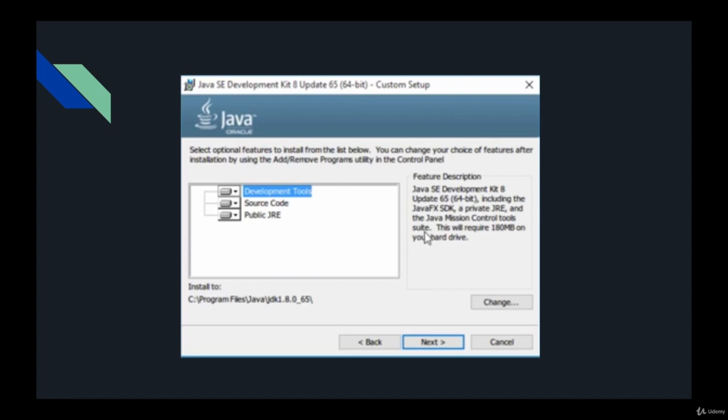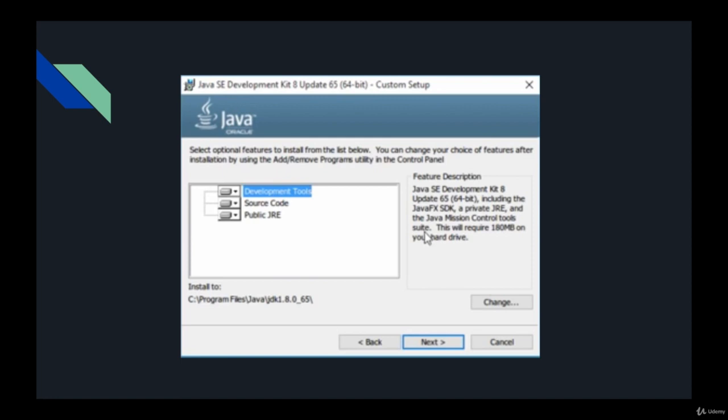On this screen you have to make sure you note this path over here. This path is something that we'll be needing when we open IntelliJ IDEA for the first time. This is the path where your system is installing Java on your machine. Now you just need to click next, and at the end Java will get installed, and you will see a confirmation message. Now after clicking on finish,